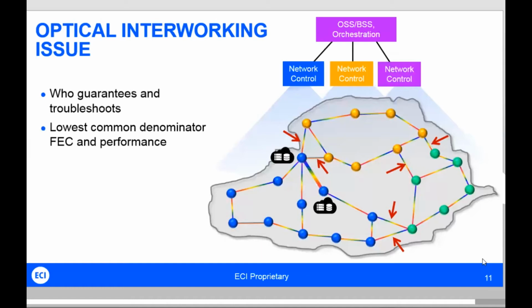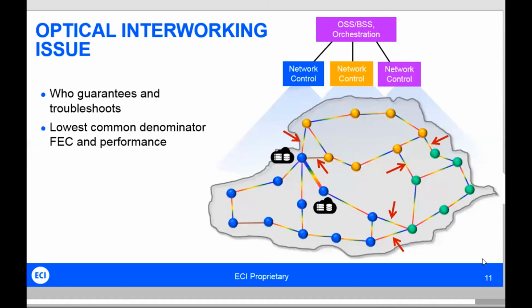One is, there's a problem, who do you go to? It's particularly troublesome to troubleshoot problems on the actual link itself, in terms of, is the problem on the transmit side or is the problem on the receive side? The other problem is, because you can't tune this all under a single umbrella, what it means is that you're going down to a very low common denominator in terms of your forward error correction settings, which means that you're really not getting the maximum performance out of the link that you can. So this level of optical interworking between different vendors in a multi-vendor network is something which is particularly problematic.